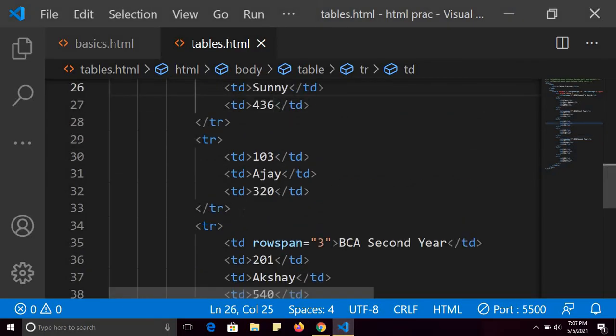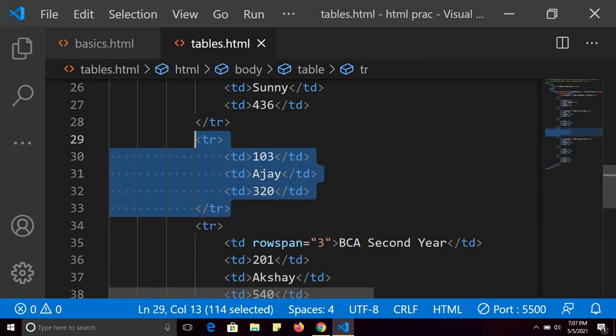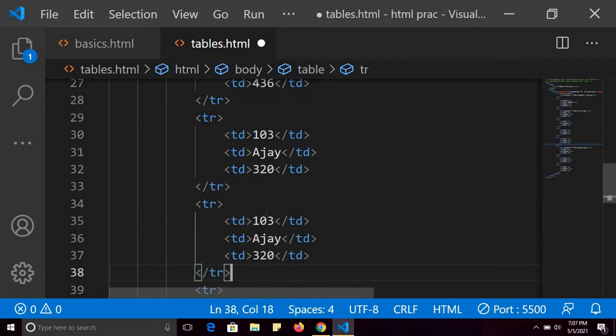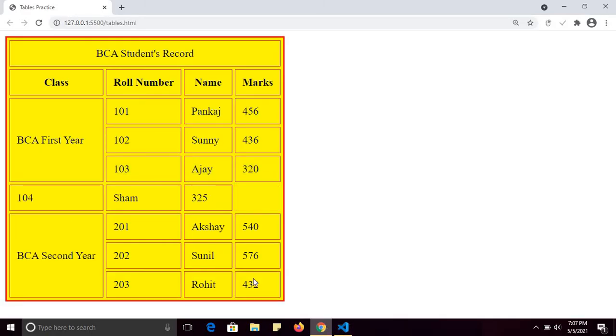So copied, and here I have pasted 104. Fine. Sham, 325. So let me save it and show you the output.